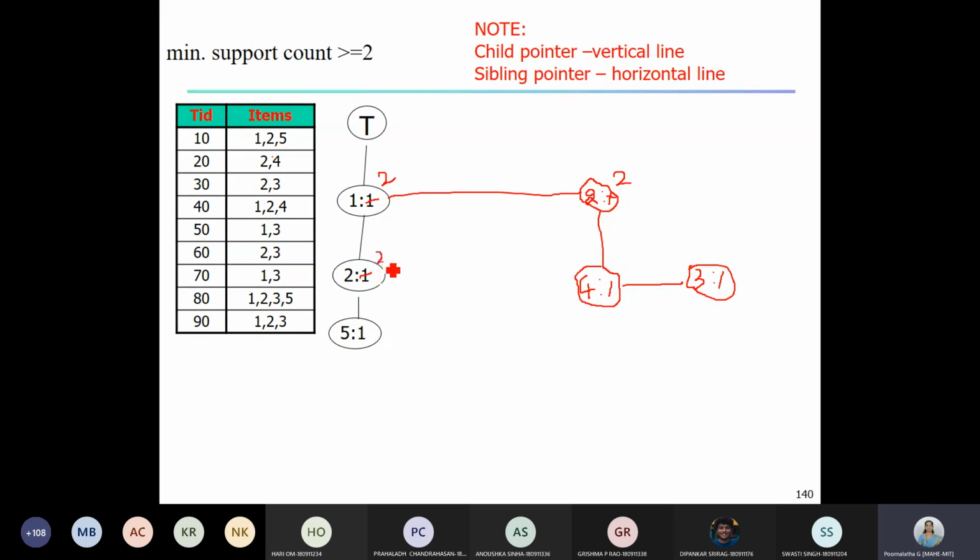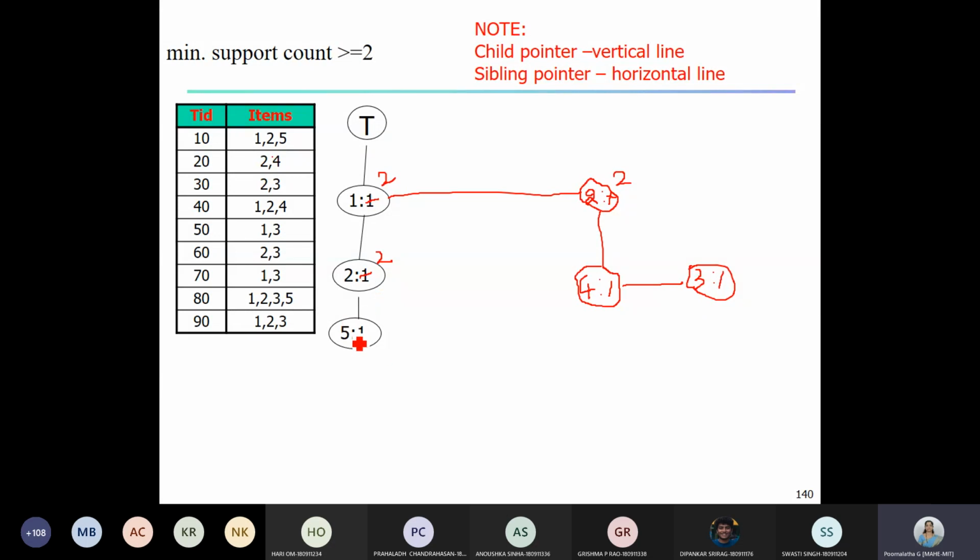Fine. Please note that I am not showing the item table here. As and when you are incrementing the count, please update your table also. Okay. So 1, 2 and then 4. So check whether we have an item 4 below this 2. So below 2 we have one child node 5, which is not 4. So what happens now?